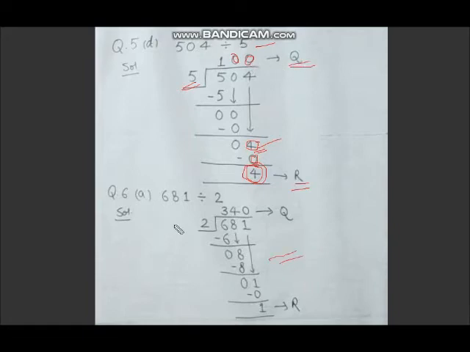Similarly in this one, we are dividing this 681 by 2. So in the table of 2, 6 comes 3 times, 8 comes 4 times and this 1 never comes, है ना. So यहाँ पे जो divisor है 2 वो इस number से bigger है and this one is smaller. So हम यहाँ पे अब 2 को 0 से multiply करेंगे and यहाँ भी हम subtract भी 0 करेंगे, and remainder is 1. So 340 is the quotient and remainder is 1.